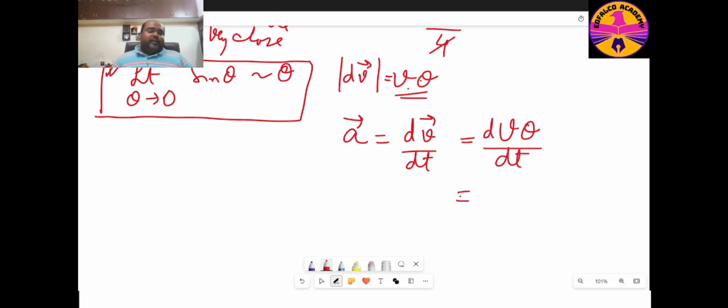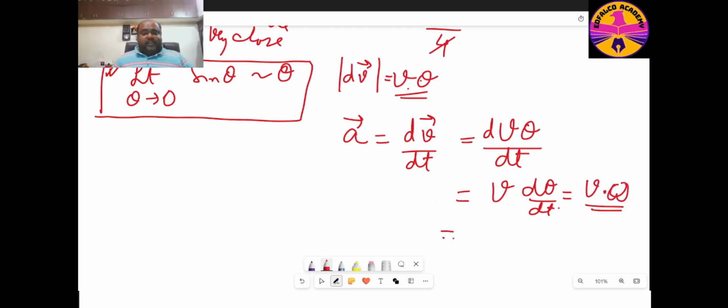If you have studied calculus, or even if you have not, a slight discussion about what differentiation is will be covered even before studying circular motion, when we are actually doing the course. But for the time being, you might already be aware that if it is d of v theta by dt, then v comes outside, right? Because v is a constant. Here the magnitude of velocity is constant, so it comes out, and then it becomes d theta by dt. So acceleration is v d theta by dt, right? And d theta by dt, you already know, is given by omega. So it is v omega,